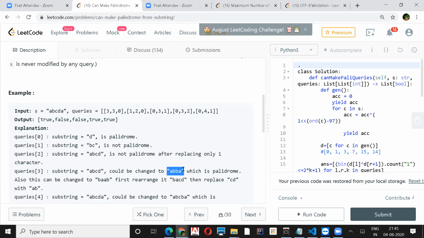No, rearranging is not. Yeah, you understand, but whatever they are coming up with. I would say, if you do any change in that letter, actually I'm replacing it. Or else, how are you going to rearrange? So they are saying first of all, to make BAAB they are rearranging B and A, like replacing B and A, and then replacing CD with AB. Okay, so I think I get this.